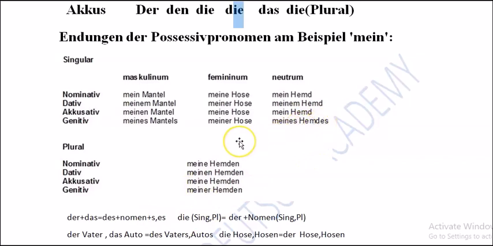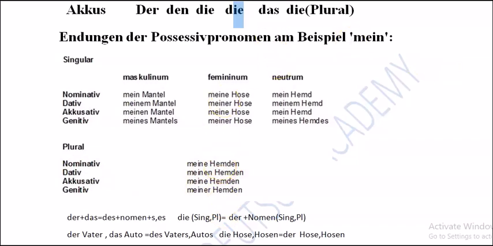So in such a manner, we are changing practically from a nominative form to accusative, dative, and genitive. So now we are coming to the same example for a plural form. For example, we say meine Hemden. So according to the rule